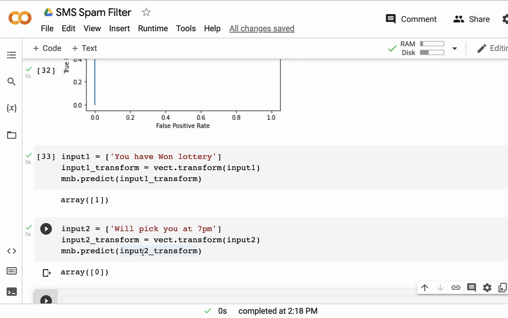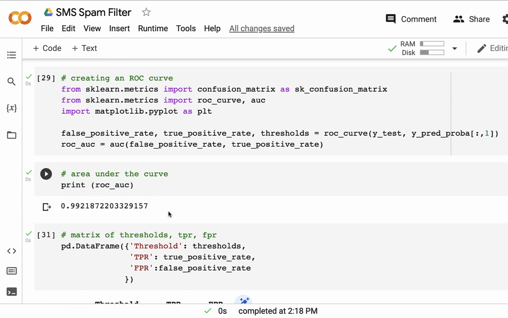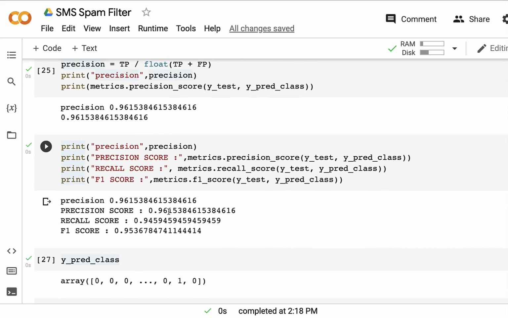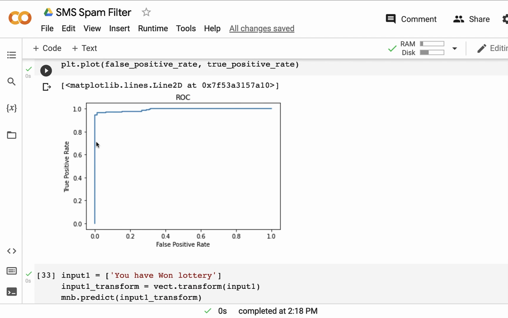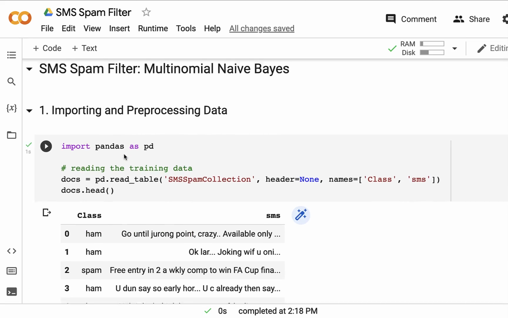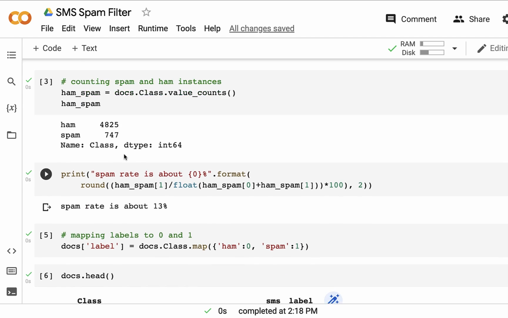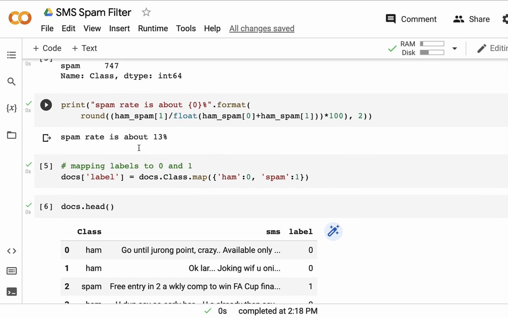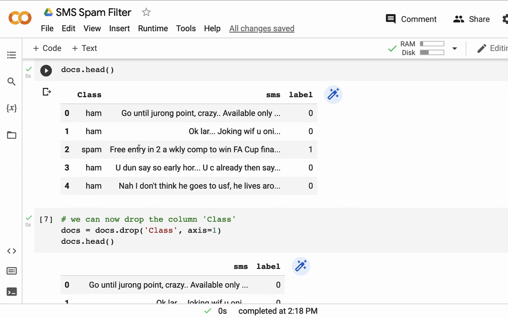So our model is able to do a decent job, because if you see the specificity score and the accuracy score, the different metrics are pretty good, and the ROC curve is also showing a good area under the curve, and it's hugging these two axes. So overall, if we look at the model again, if we go back quickly up, in this whole model, first we imported the data, and then we calculated the imbalance in the different classes. We have two classes, spam and ham,